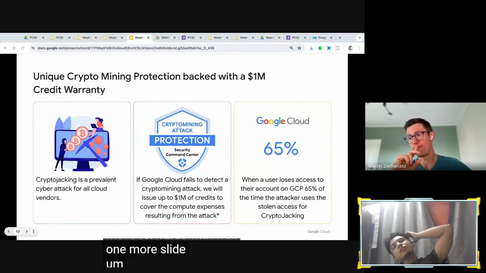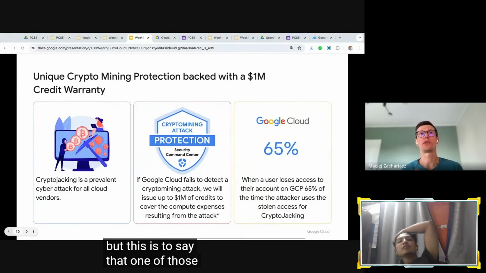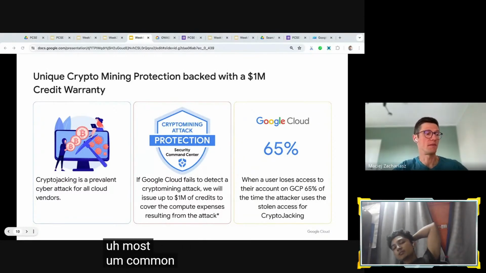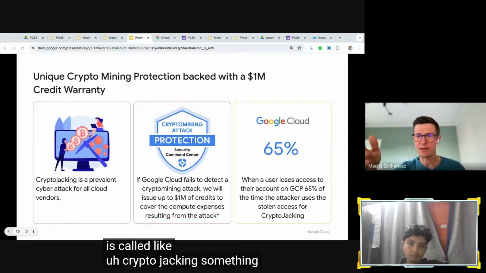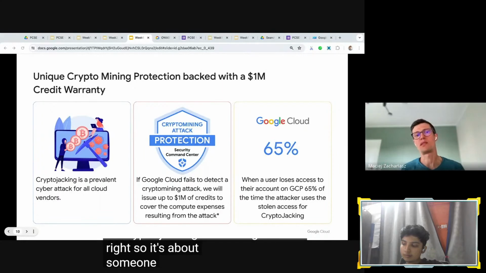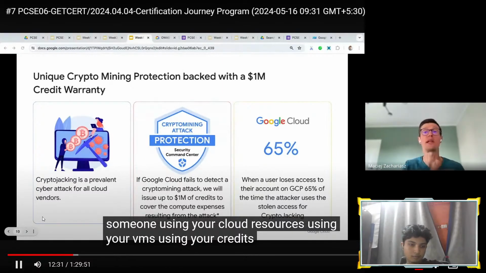One more slide. It's not strictly about ransomware, but this is to say that one of the most common attacks right now when it comes to public clouds is called cryptojacking, something like that, right? So it's about someone using your cloud resources, using your VMs, using your credits to create VMs,